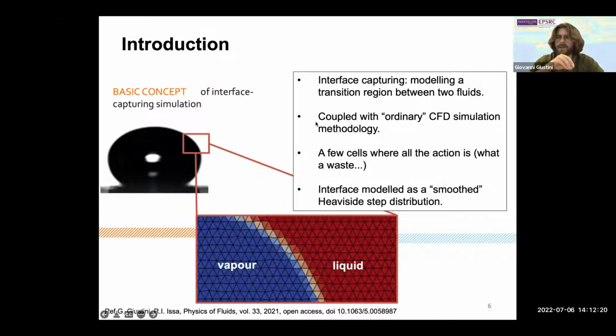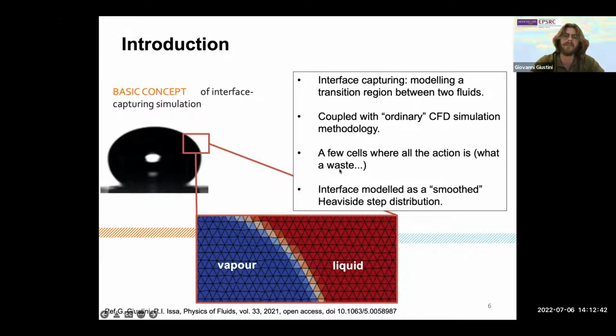So we can see already that this is not what you usually do in CFD, because in our CFD simulation, we have a few cells where all the action is, and from the point of view of modeling the behavior of the interface, elsewhere cells are more or less idle. There is transport of heat and mass in the bulk phases, but still all the action is at the interface,